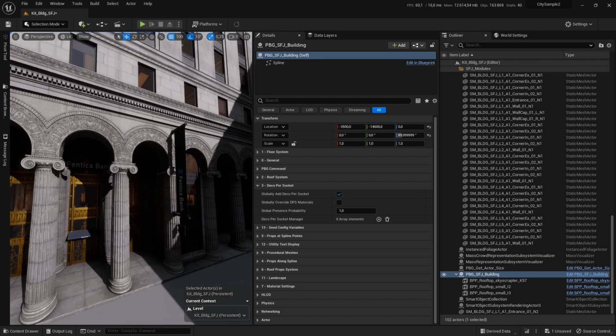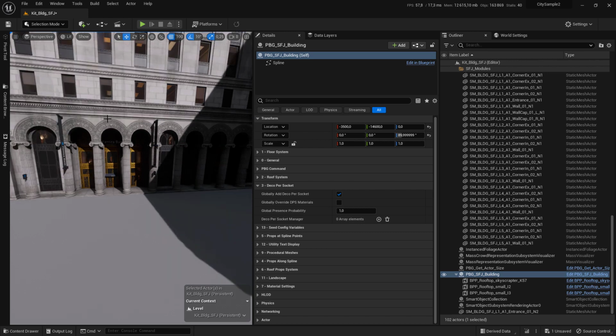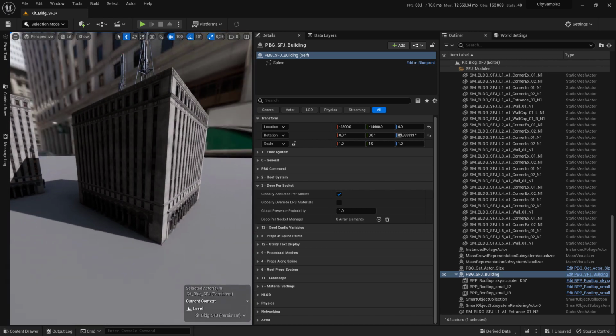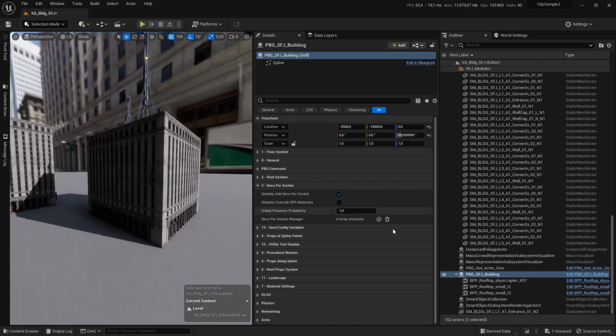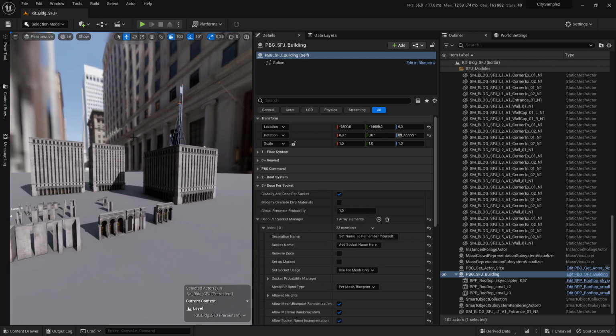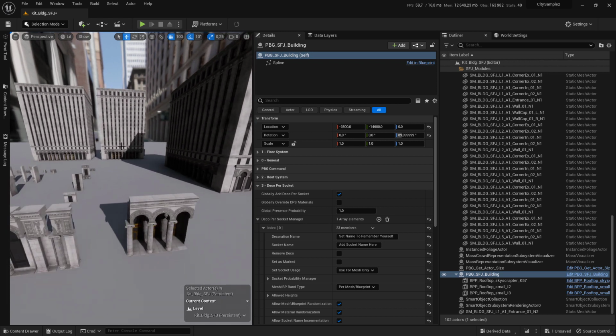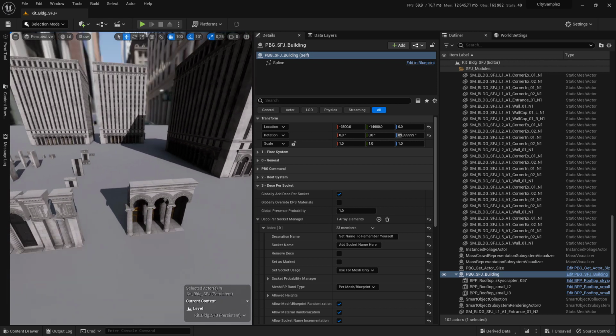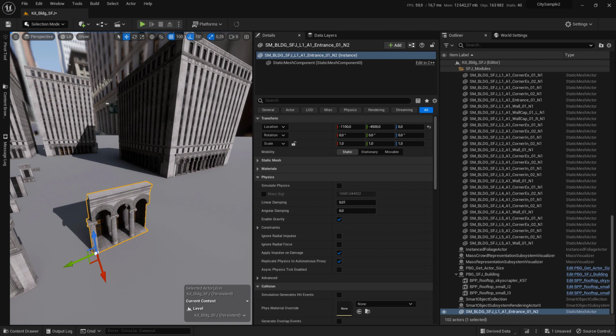Hi, in this tutorial I will show you how to attach the panel mesh to the door mesh you see here using the deco per socket system. Click on the plus sign to add a new deco per socket. Expand it. To attach a mesh to another mesh, first we have to double click and open its static mesh